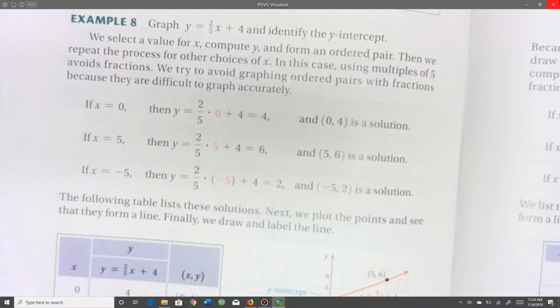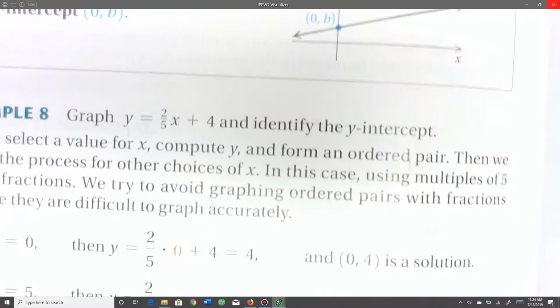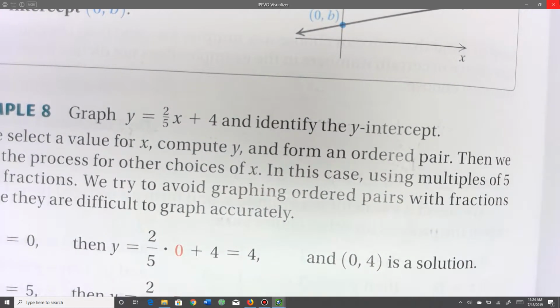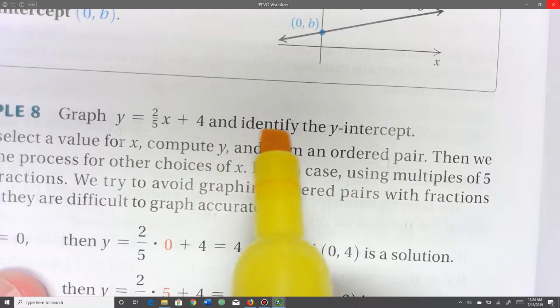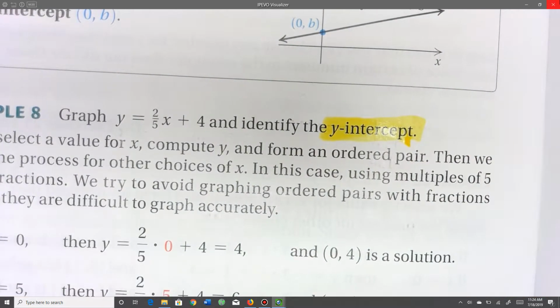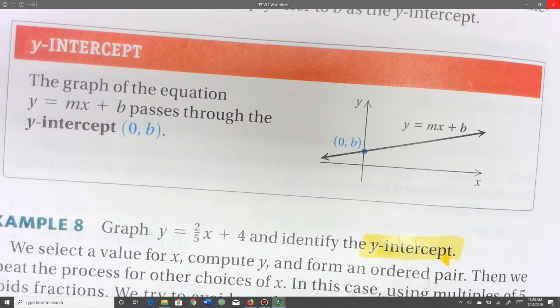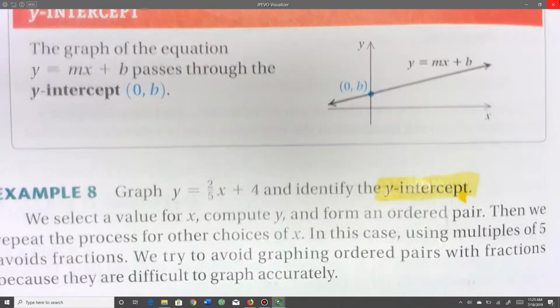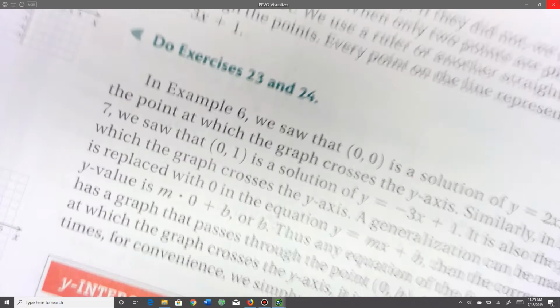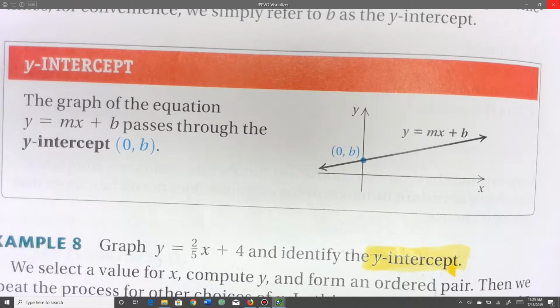Okay, let's see what else. In this case we have a different question, and you need to remember this. Graph y equals 2 over 5x plus 4 and identify the y-intercept. You need to remember that. What is the y-intercept? Well, it's right there at the top. The y-intercept, as its name implies,